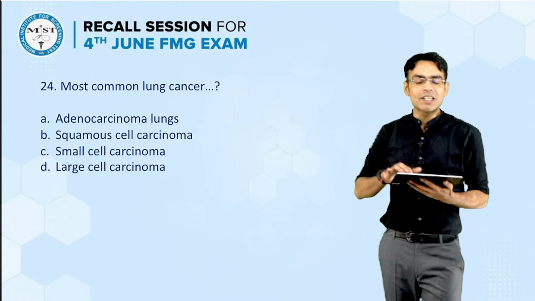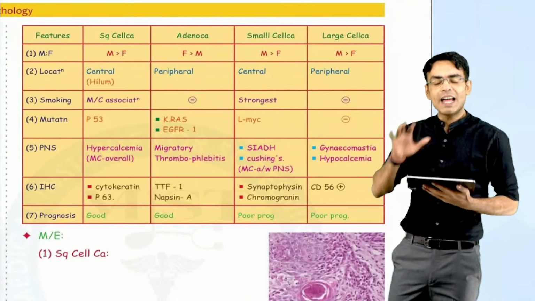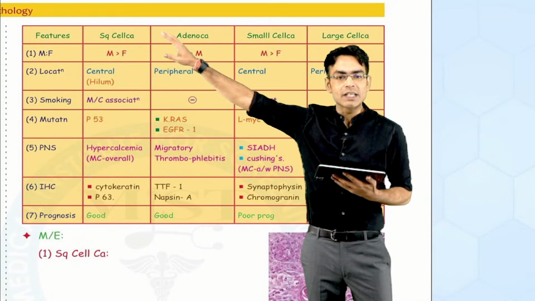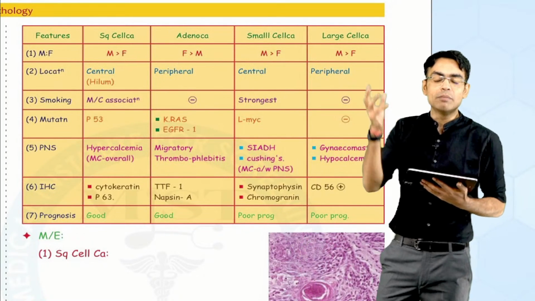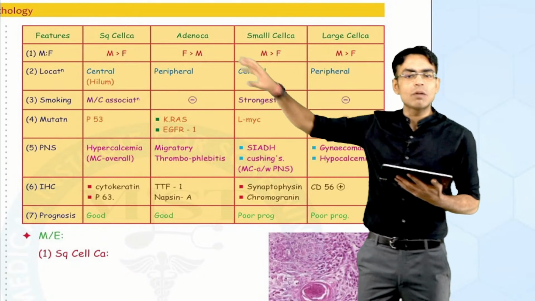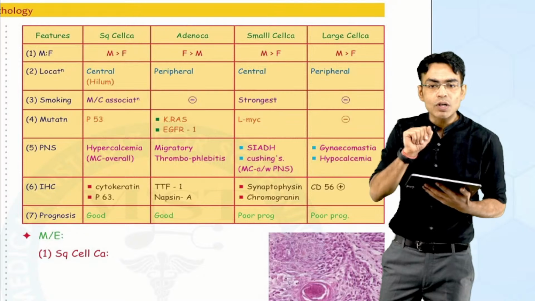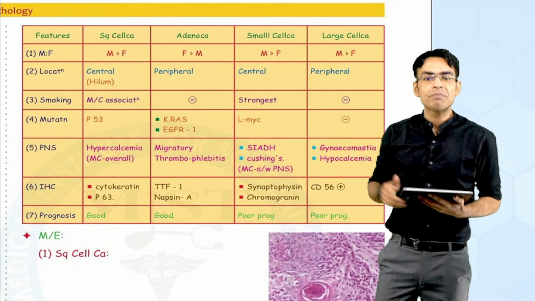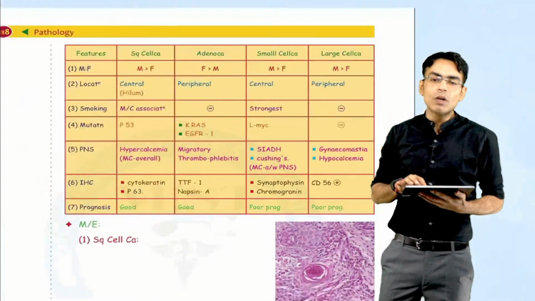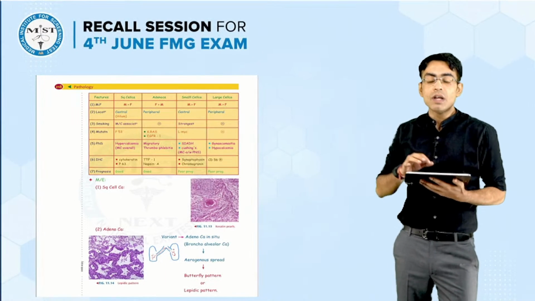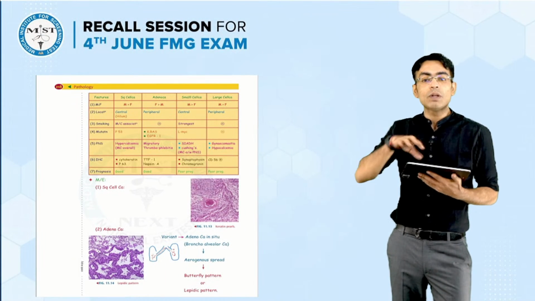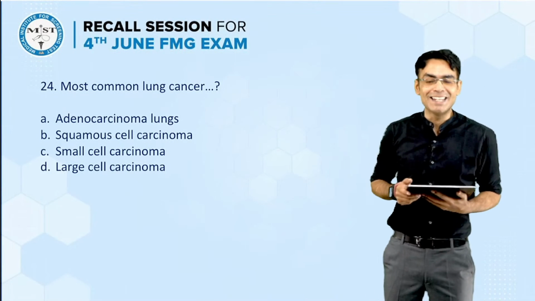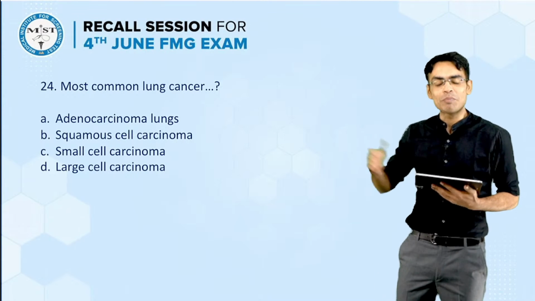Most common lung cancer, this table we have written in the class, and we have mentioned that the most common lung cancer in India, if they're asking, that's going to be your squamous cell carcinoma. But if they're asking about the most common lung cancer overall in the world, that's going to be your adenocarcinoma. It happens in non-smokers and it is more common in females. So if male or female was mentioned or not, please let me know. And for small cell carcinoma, we know that it is one of the cancers with the strongest association with smoking and with paraneoplastic syndromes. So please let me know what exactly the question was here, so that it might help your juniors who are going to appear in the exam later.